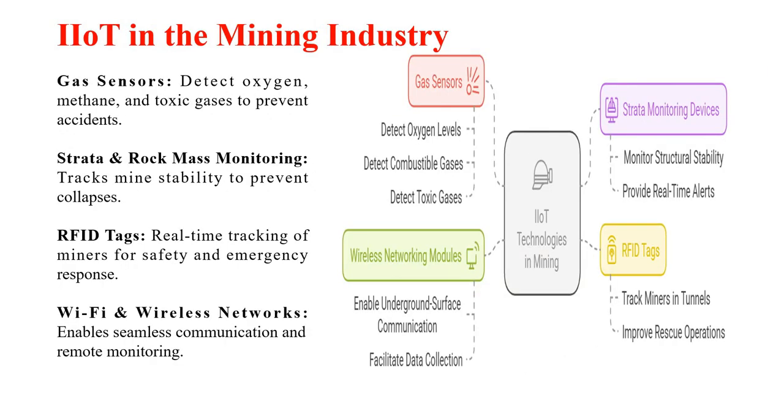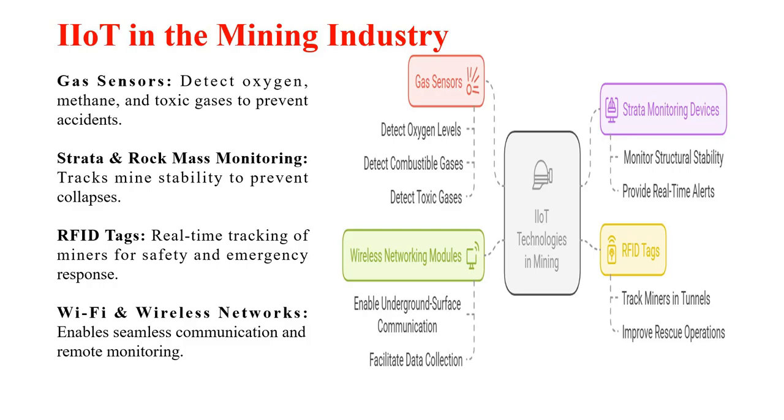Then you have industrial IoT in the mining industry, where IoT will leverage sensor networks, RFID tracking, and wireless connectivity in order to enhance safety and efficiency in mining operations. The key components and their functions are gas sensors, which will detect oxygen levels, methane, and poisonous gases in order to prevent hazardous situations. It will trigger early warnings in order to protect the workers from gas leaks or